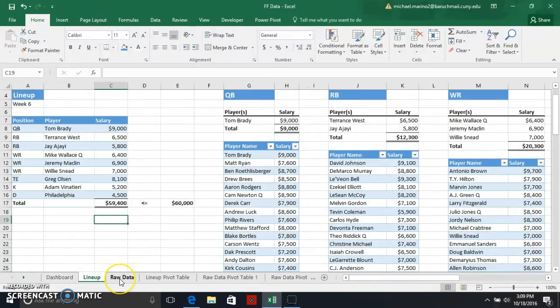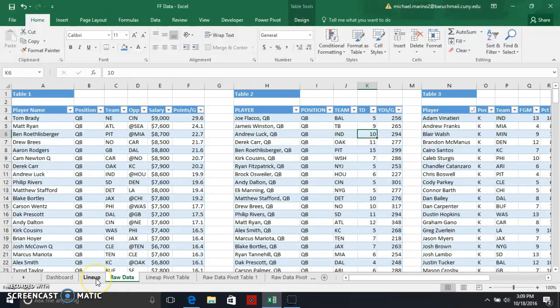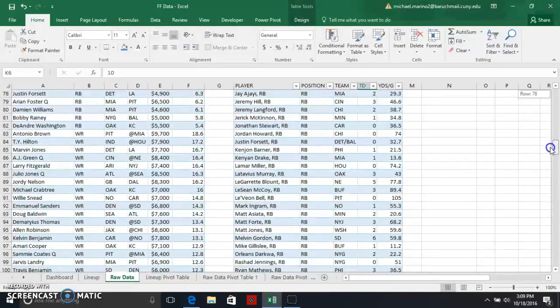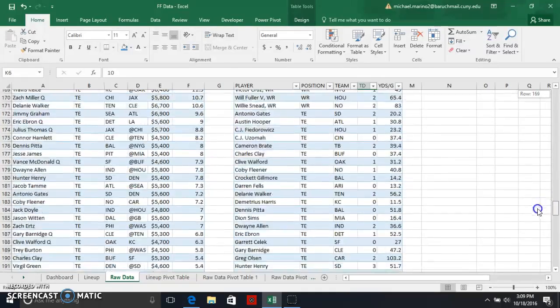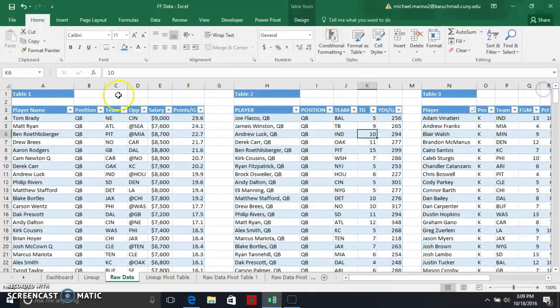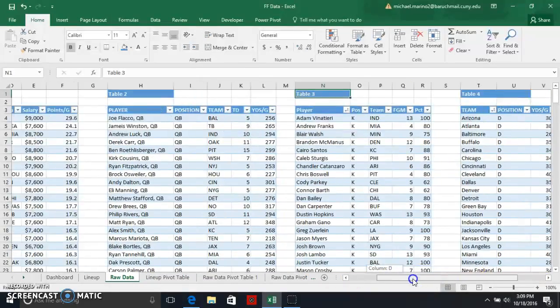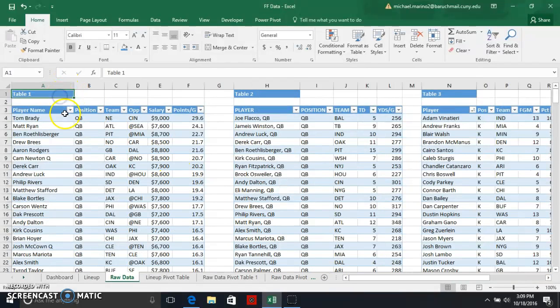Okay, so moving on, I would say 50% of the data that's used for this project is in the lineup tab, and then the other 50% is in the raw data tab. As you can see, there is a bunch of data. And the reason that I've put it into 4 different tables is just because certain categories I wanted to